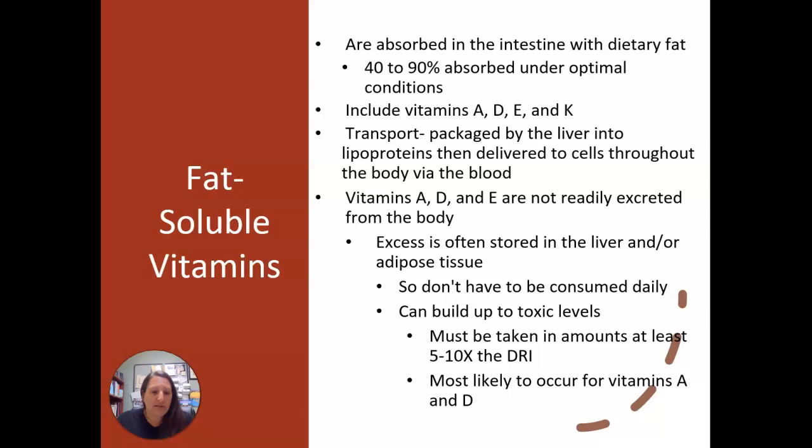After these fat-soluble vitamins are absorbed with fat in the small intestine, just like lipids, they will end up in chylomicrons. Fats will be delivered to different cells in the body, and the remnants that contain fat-soluble vitamins end up going to the liver. And the liver is going to package these vitamins into lipoproteins, and then they will be delivered to cells throughout the body via the bloodstream. Okay, so there's a couple added steps here which we don't find in water-soluble vitamins, again, because they get absorbed with dietary fat.